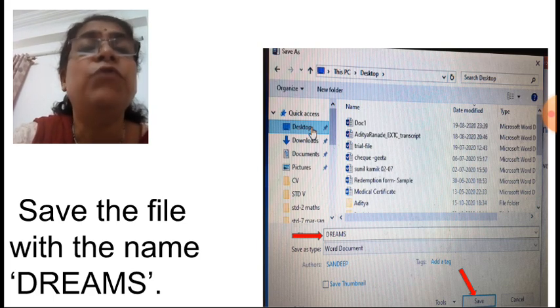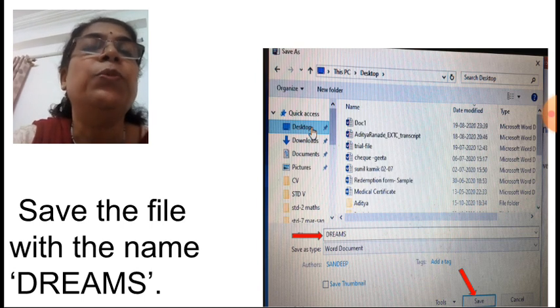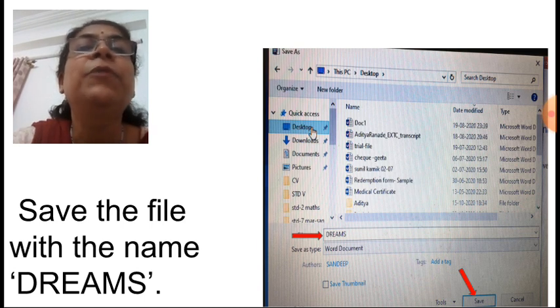Now how to save? For saving the file you have to click on the office button, and from the office button a drop down menu will come. Out of that select save option and a dialog box will get open. Okay, all this procedure you know. Now in this dialog box you have to select the destination where you want to exactly save the file.